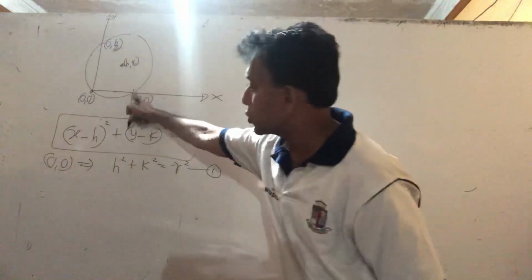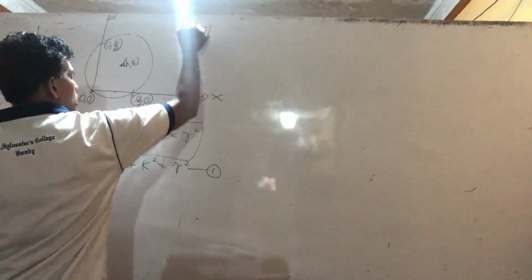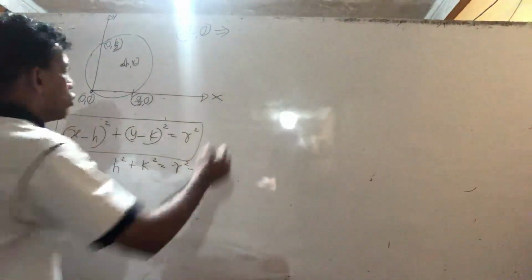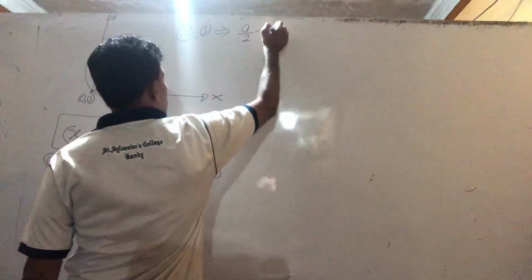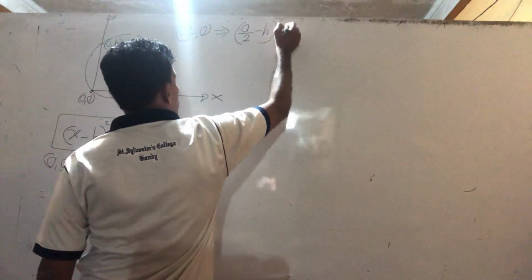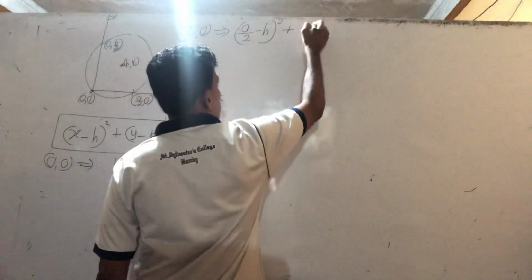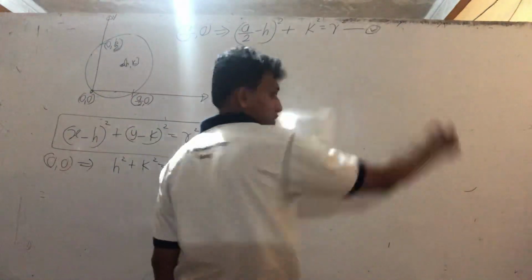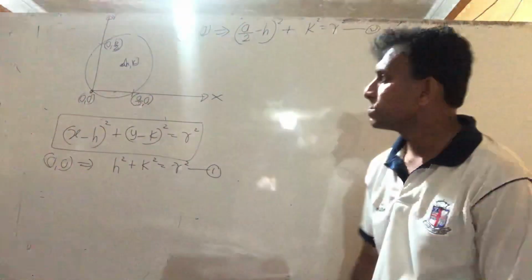Next, this coordinate (a/2, 0). The circle passes through this x coordinate, but y is 0. I apply this and see what happened. Apply that coordinate, x is a by 2 minus h, all things square, y is 0, therefore k square equal to r square. It's the second equation. Second, a good question for structure type, a well balanced problem.